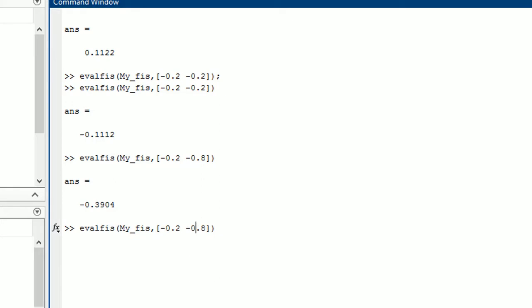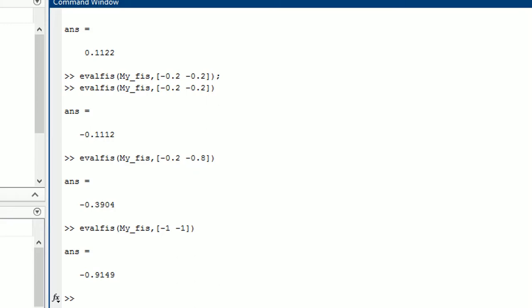If I go to the extremes, let's see what I have. So I am having an extreme value of around -0.9149. Okay, so in this way you can simply create a fuzzy inference system, and then you can use it anywhere you want.